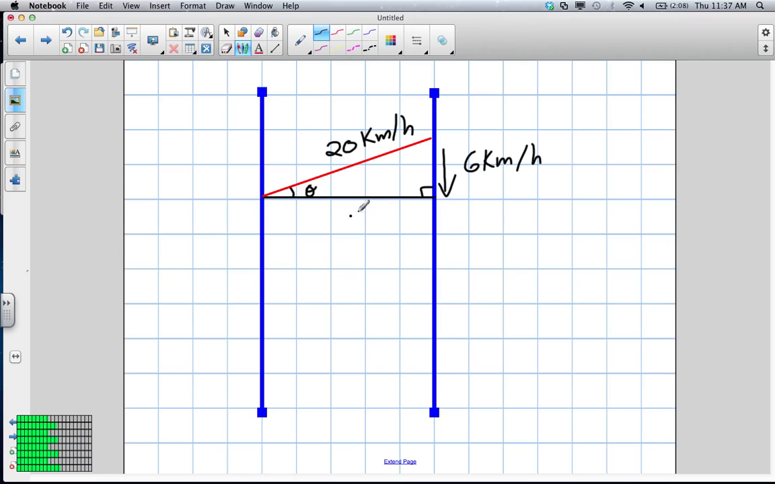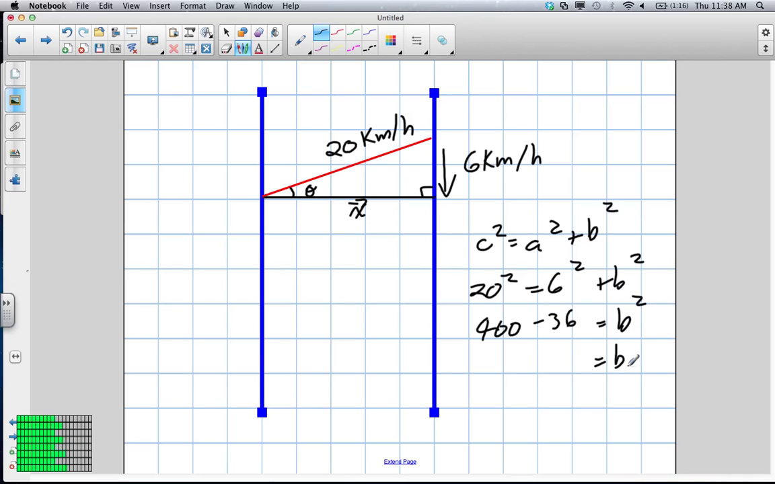We need to find, we'll call this vector x, what her vector x is going to need to be. First of all, we can figure out what speed she's going to travel at. Again, using Pythagorean Theorem, the only difference is we have the hypotenuse and we're figuring out for one of the sides. So because c squared is equal to a squared plus b squared, in our triangle we have 20 squared is equal to 6 squared plus b squared, which is 400 minus 36 is equal to b squared. B is going to be 19.8